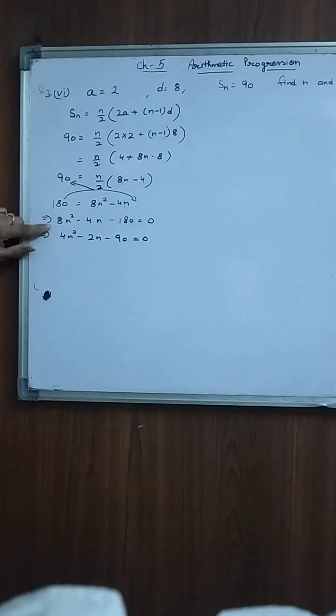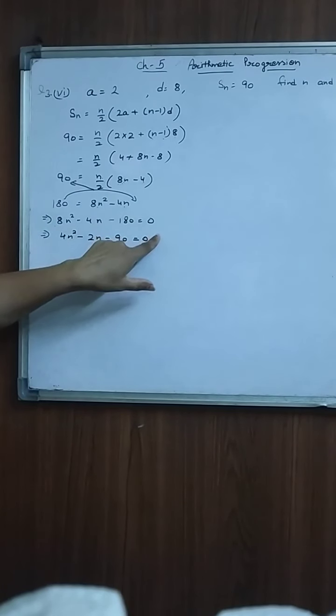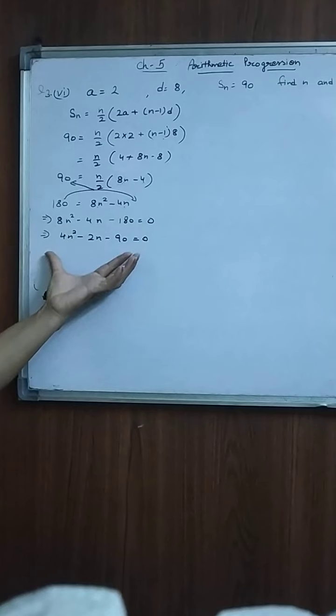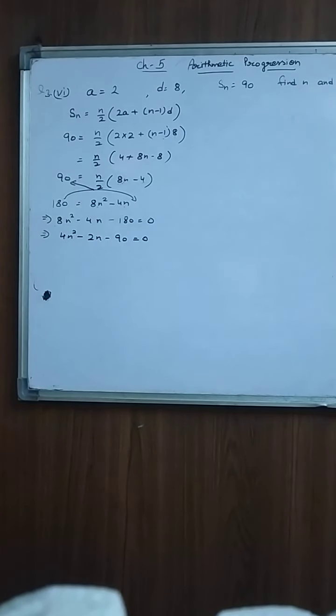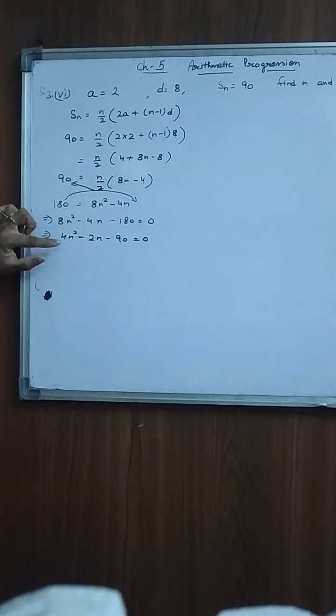We have discussed this thing in the 4th chapter. If each and every term is divisible by 2, then we can divide it by 2 because 0 by 2 is also 0. So we have got this. Now what else can be done? It can be divided more also by 2, or you can solve this also. Here there is no hard and fast rule. You can solve it here, you can divide it again by 2, or you can divide this full equation by 4. You will get a quadratic equation which you can solve easily.